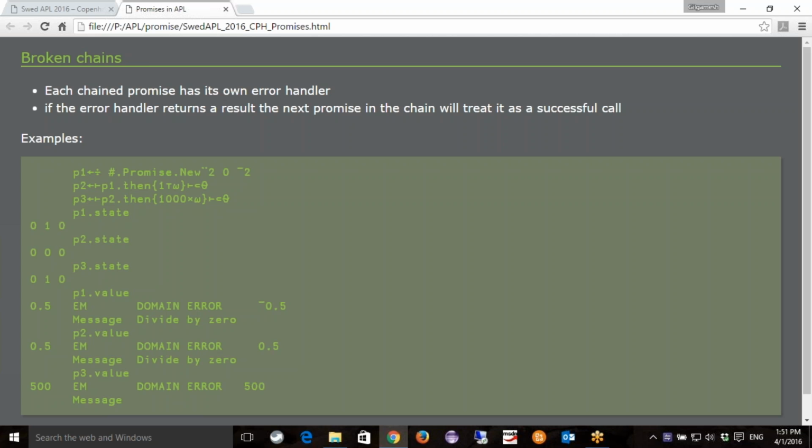What would the last few do if it broke in the middle? It's similar to the problem with defans where putting a guard or a trap in a defan doesn't catch errors in a nested defan or nested traditional function,